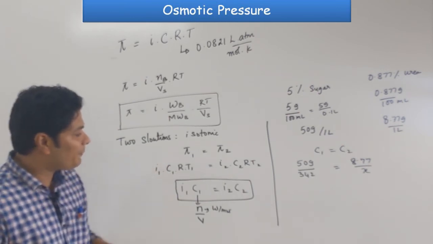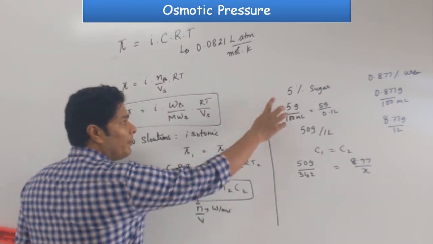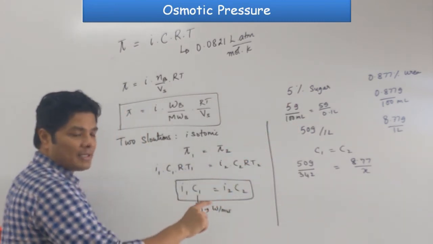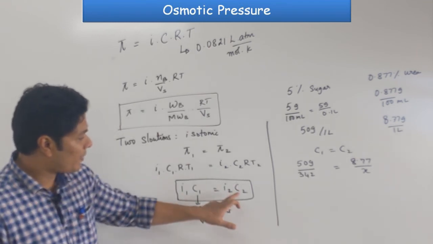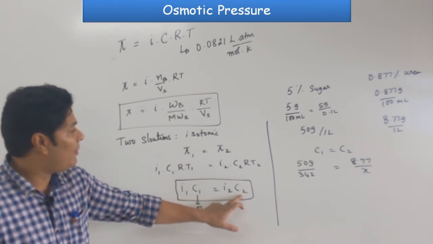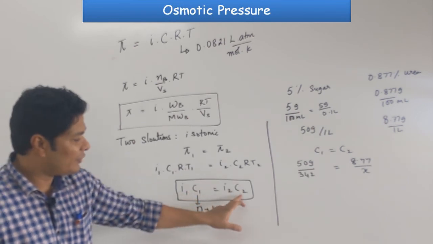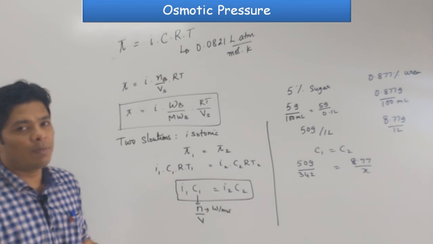Normally, they will give you the concentration of one in terms of percentage, they will give you the concentration of another one in terms of percentage, but they will ask you the molecular mass, or what concentration of solute 2 will have the same osmotic pressure as this concentration of this. So, basically they are asking you C2, they give you C1. It's all playing with words. We will do more problems, PYQs we will be solving.